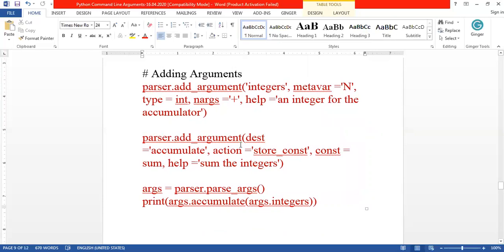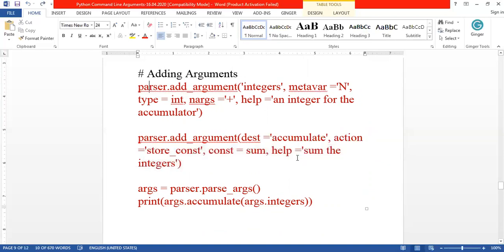Next, this parser will give the information about what action should be performed on the command line arguments. For example, here the action should be taken as sum. You have to calculate the sum of the values of the command line arguments, and the action is that you have to store the final constant sum value.